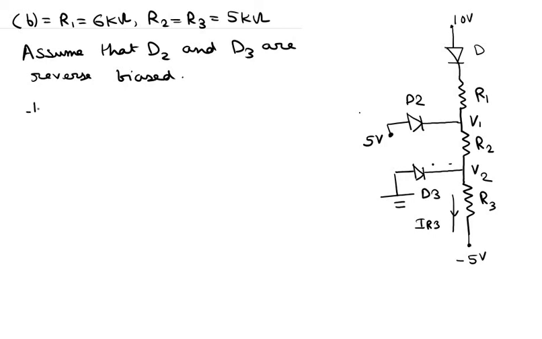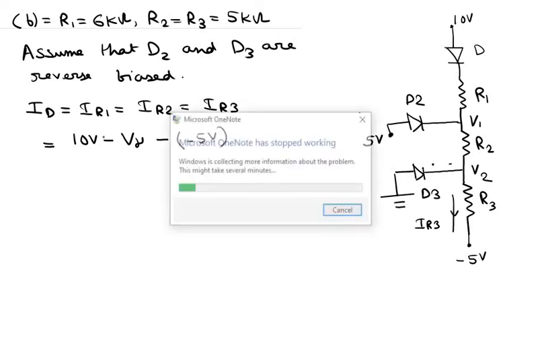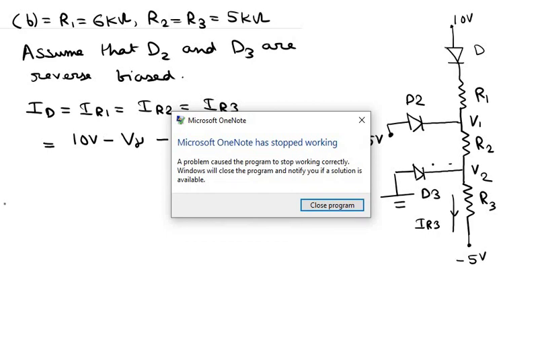So here also ID, just as before, is equal to IR1 equals IR2 equals IR3, and this is equal to 10 volts minus V gamma, which is basically the voltage drop across this diode over here, minus 5 volts, which is basically this voltage over here,